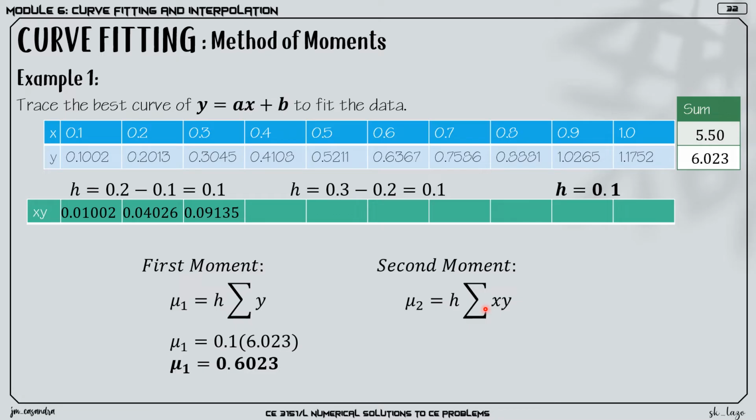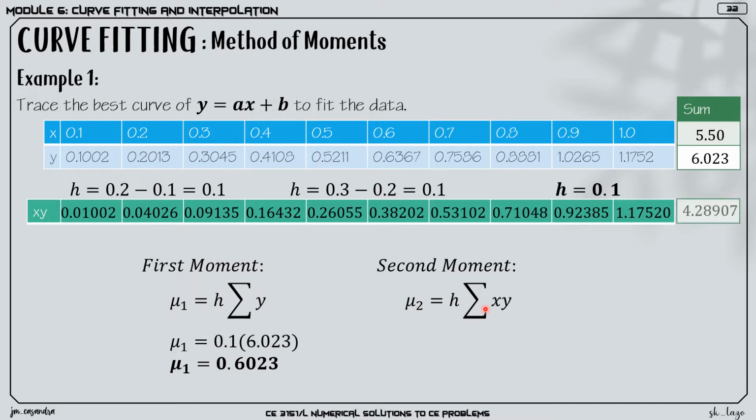For x equal to 0.3, xy is 0.09135, followed by 0.16432, 0.26055, 0.38202, 0.53102, 0.71048, 0.92385, and